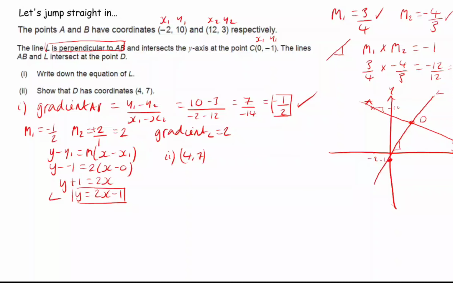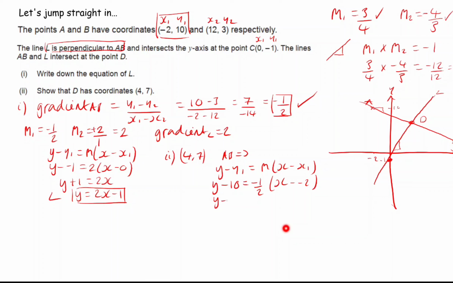So we've got the equation of L. We might want to find the equation of AB. Now we've got all the ingredients we need for that. So we can use y minus y1 equals m brackets x minus x1. And we can use either of these two coordinates to substitute in. So I'm going to use the first ones. So y minus 10 equals, now our gradient for the first line was minus a half. So minus 1 over 2, brackets x minus 2. That gives us y minus 10 equals